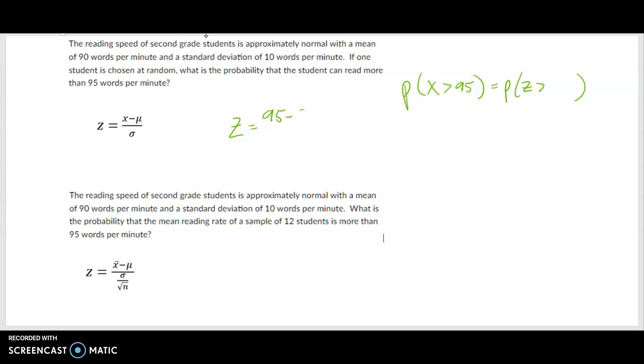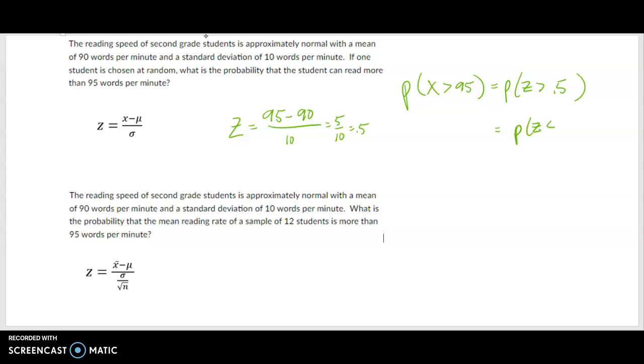95 minus the mean of 90, all divided by the standard deviation of 10. And that's 5/10, which is a half. Okay, so I need to find the probability that z is greater than a half, or shortcut, probability that z